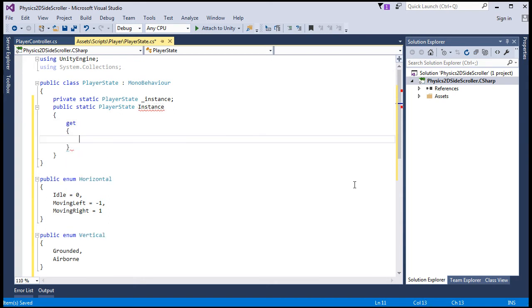For the getter, this is kind of where the magic happens with singletons. So if the backing field is null,